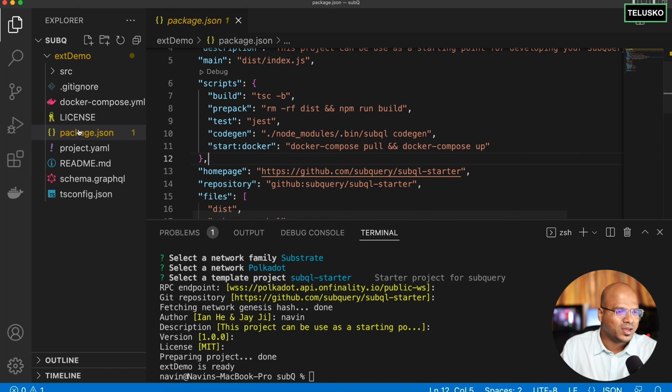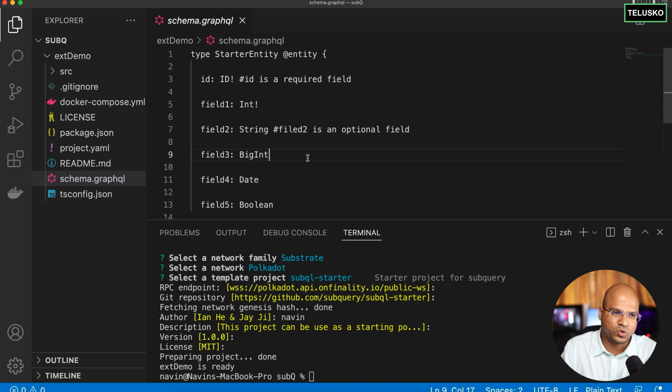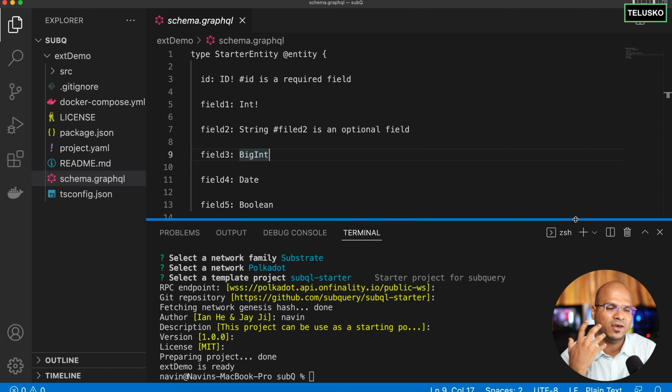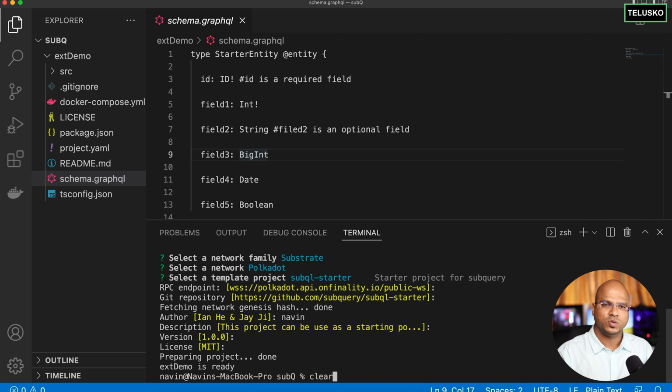So let's do this. Next, we need to also focus on this file, which is schema.graphql. Every time you have a block on the blockchain, every block will have different information. It will have the information about the transaction, the information about the outside world as well, and the information of rewards. So we need to get that information. Of course, we don't want everything. We can specify what exactly we want, and you can mention those things in this schema.graphql. Okay, so we'll do all those steps.